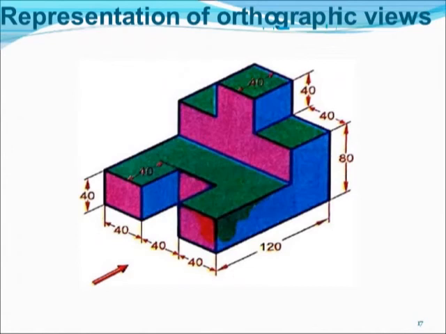Yes. Now take this problem as an assignment problem. I will be giving you two problems. Now see this problem. In this problem, the front view, top view, side view are indicated by using colors. So the front view will be full of pink color, the top view will be full of green color, and the side view will be full of blue color. See this diagram very carefully, and then you are supposed to draw the three different views for this component.